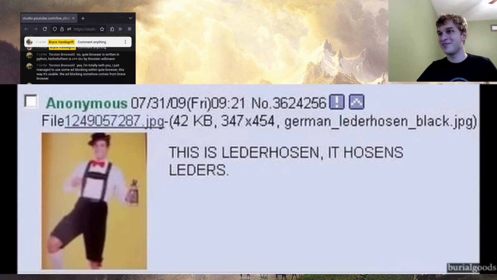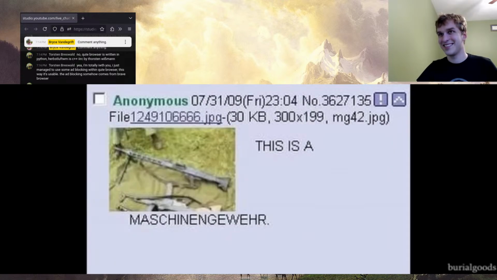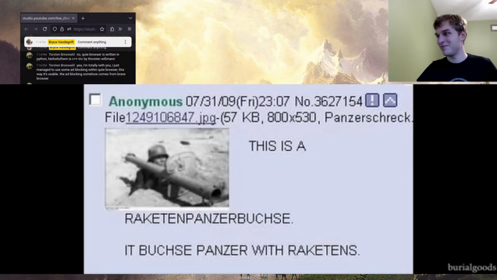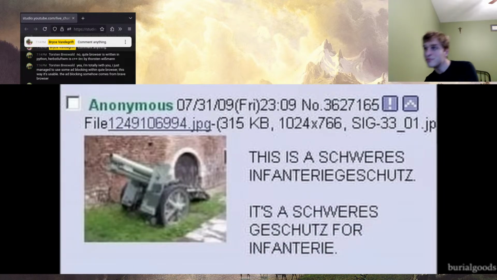It hosens leders. This is a Flugzeuggewehrkanone. This is a Maschinengewehr. A Gewehrsmaschinen. This is a Raketenpanzerbüchse. This is a schweres Infanteriegeschütz. It's a heavy gun for infantry.